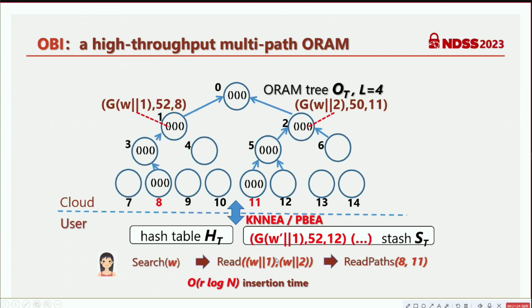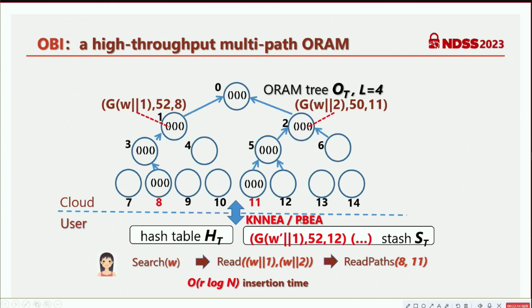Since these two keyword identifiers exist in different paths, we read all the paths containing the keyword identifiers in one time. After data reading, we re-encrypt and evict the data blocks stored in the stash into the original paths in one time. Our experiment showed that we can insert all the stash blocks into the paths with large probability, assuming some conditions are satisfied. We use two new eviction algorithms to address the large stash eviction problem,